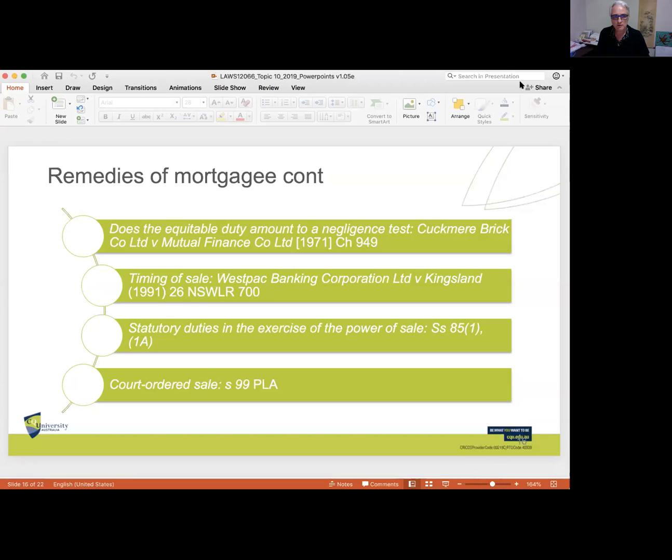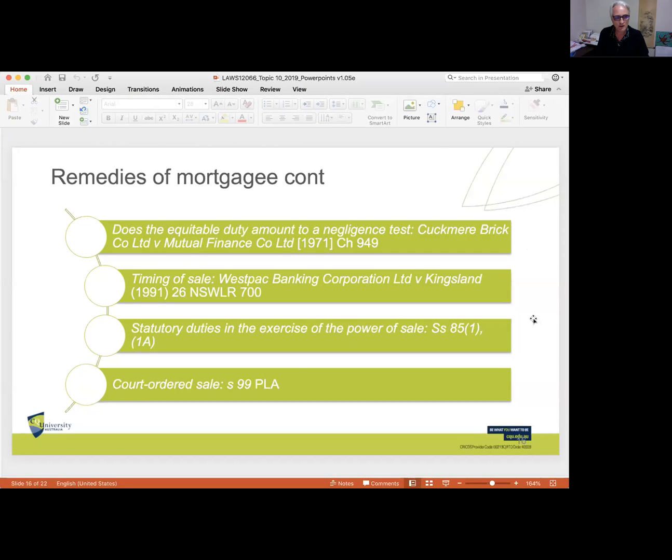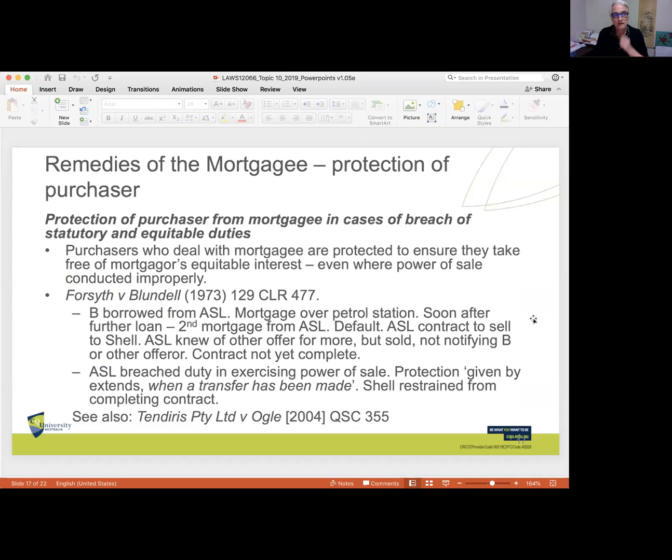Let's come back to the slides again. And we can have a court-ordered sale under section 99 of the PLA, so just be mindful of that. The court can get involved in certain circumstances in relation to the sale process. In terms of the sale transaction itself, of course,